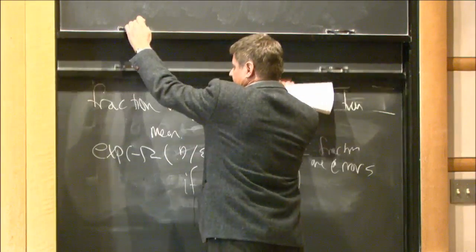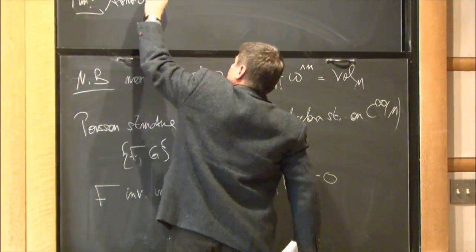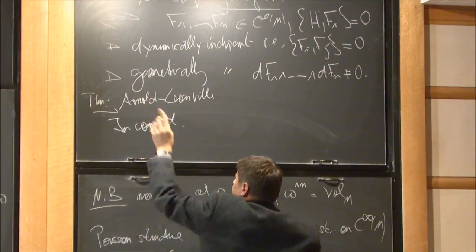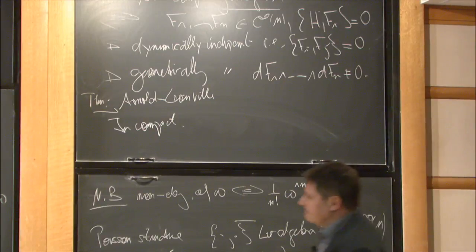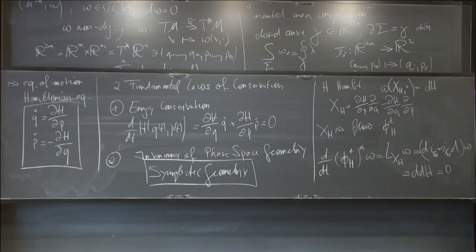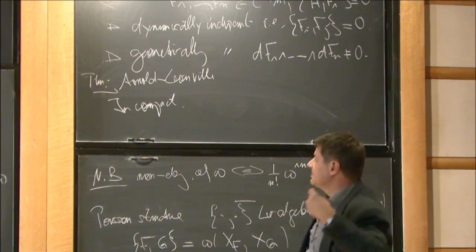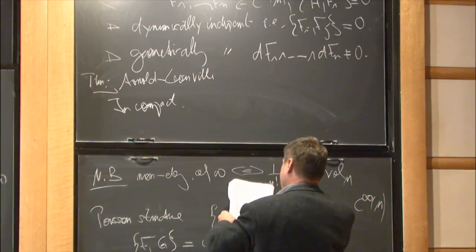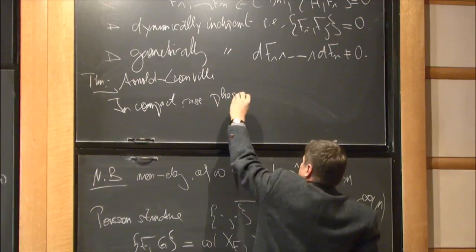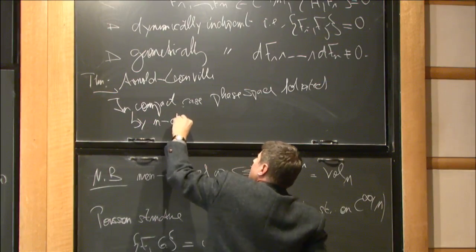And if we have these conditions, then the theorem of Arnold-Liouville tells us, in the compact situation, so if we happen to have this, let's say, on an energy level, a level of H, which is itself compact, then these commuting flows generate some n-plane. This n-plane has to close up, and it actually has to close up to be a torus, an abelian n-dimensional group. So in the compact case, the part of the phase space where these conditions are met is foliated by n-dimensional